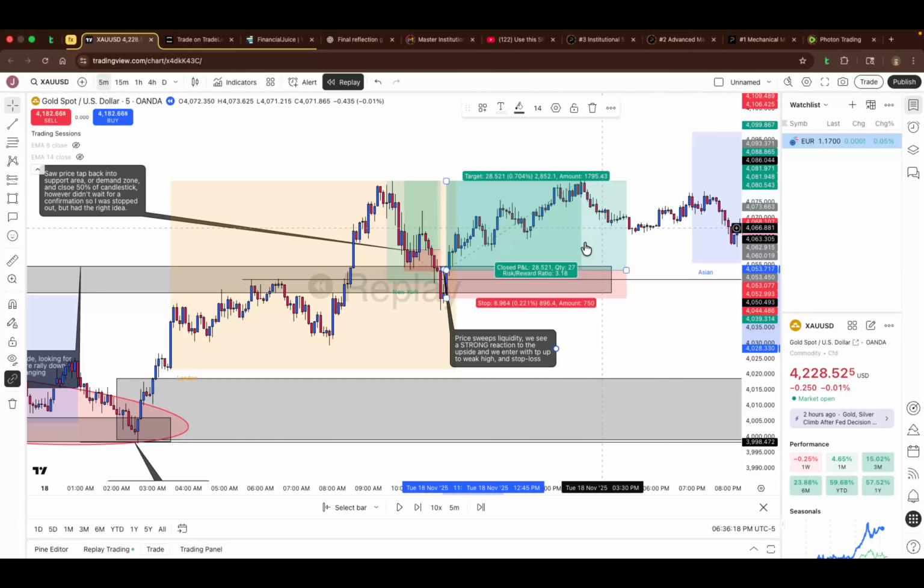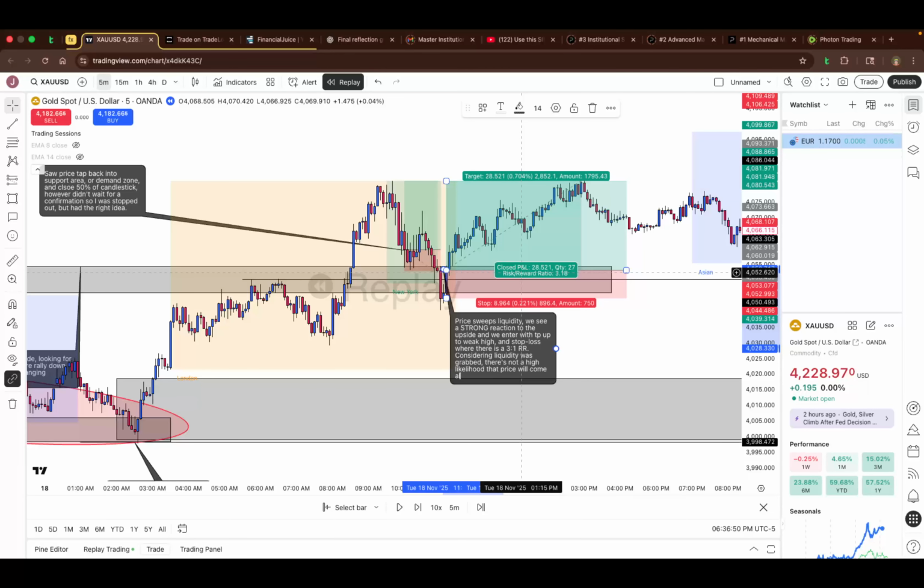For my stop losses, honestly, I'm just aiming for a 1 to 3, where there is a 3 to 1 risk to reward. I don't have a set stop loss area because I do know that since liquidity was grabbed, price likely isn't going to come back into that area. Considering liquidity was grabbed, there's not a high likelihood that price will come all the way back down, and if so,